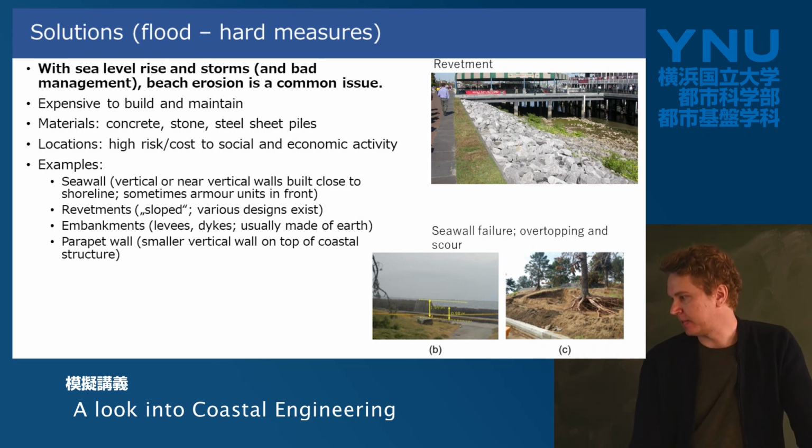And this one here is an example in Tokyo Bay. This is a seawall that was actually destroyed in 2019 by Typhoon Faxai. And you can see that it was destroyed, so it doesn't always guarantee 100% safety. But they do immensely increase the chances of good protection and safety in those areas.